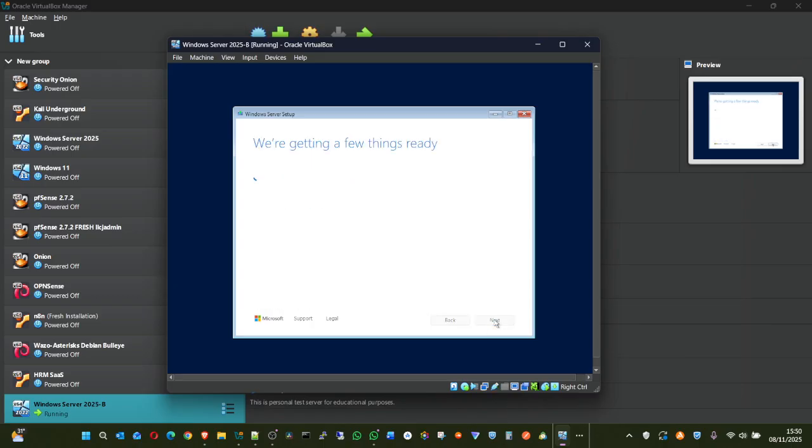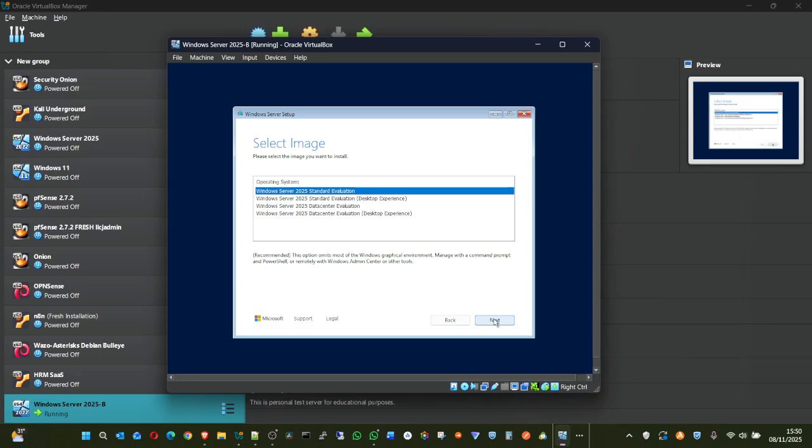You click on next. Having clicked next right here, it will also take us to two other options. We have Windows Server 2025 Standard Evaluation, and we have 2025 Standard Evaluation Desktop Experience. Good.